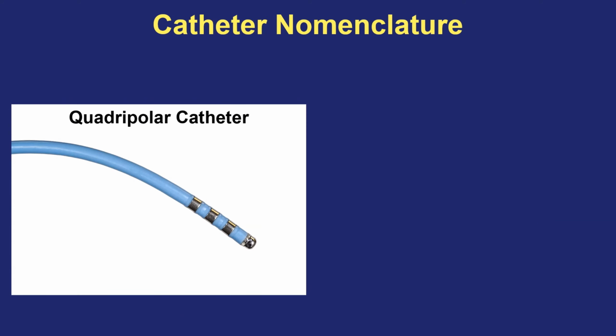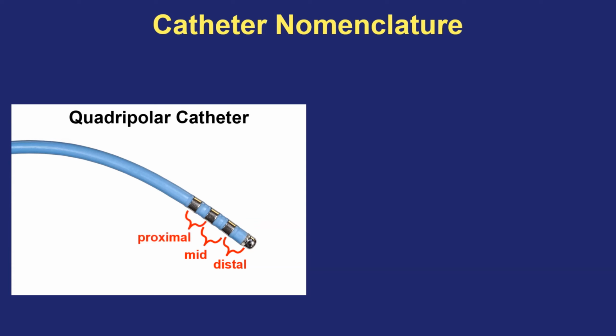There's a consistent way that we number the electrodes on all catheters, and that is starting from the end of the catheter and working backwards. So the distal electrode in all catheters is always known as electrode number 1, and then working backwards depending on the number of electrodes that exist. When you have a simple catheter like this quadrupolar catheter, we sometimes talk about pairs of electrodes instead of the numbers. So we may call this pair the distal pair of electrodes, the mid pair of electrodes, or the proximal